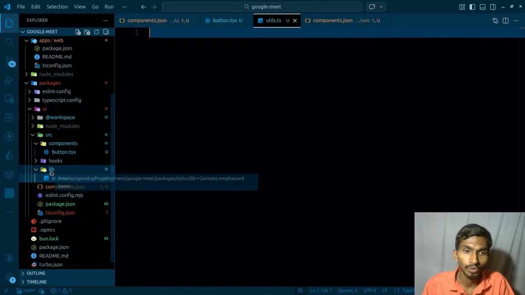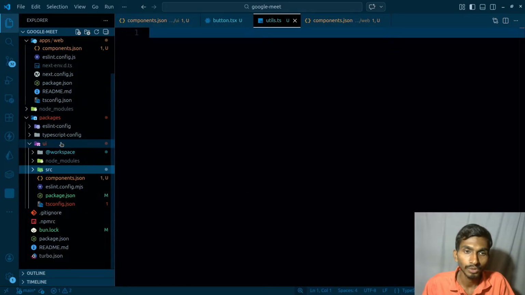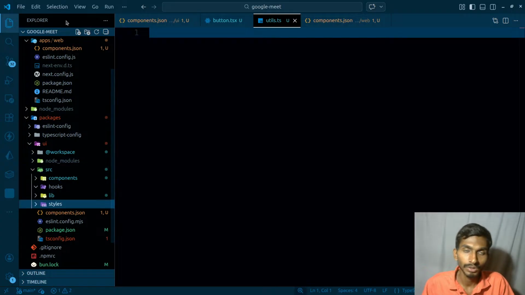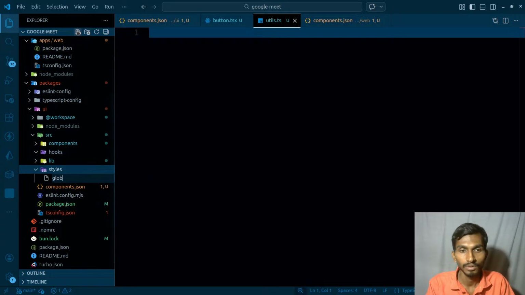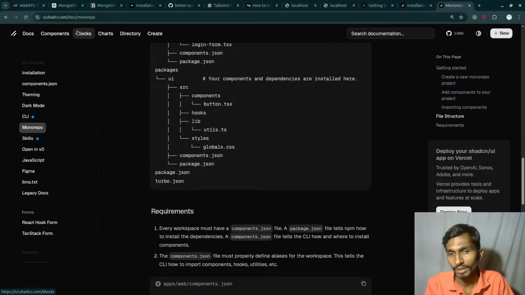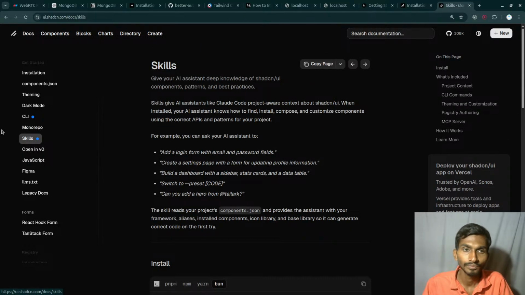Styles.css, that should have a global.css. So actually source and styles, just here I can have global.css, or just this much should be fine. And once I have configured it correctly, what else do I have to do? Go to the top,